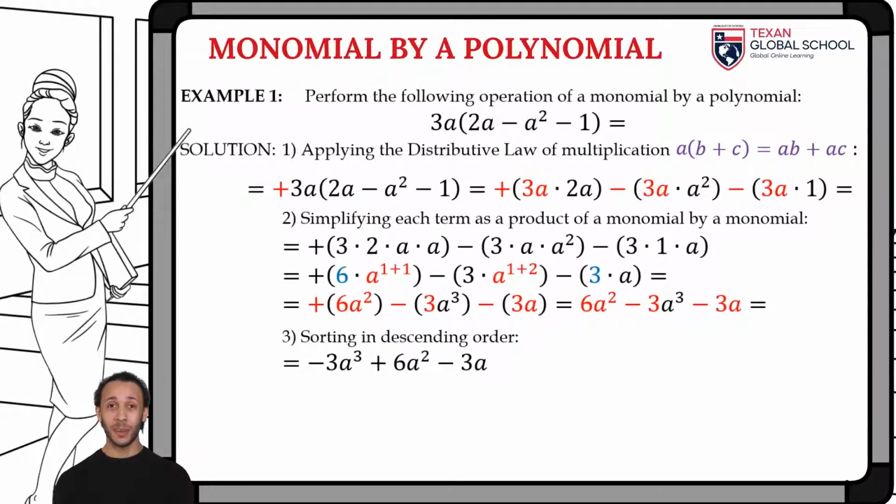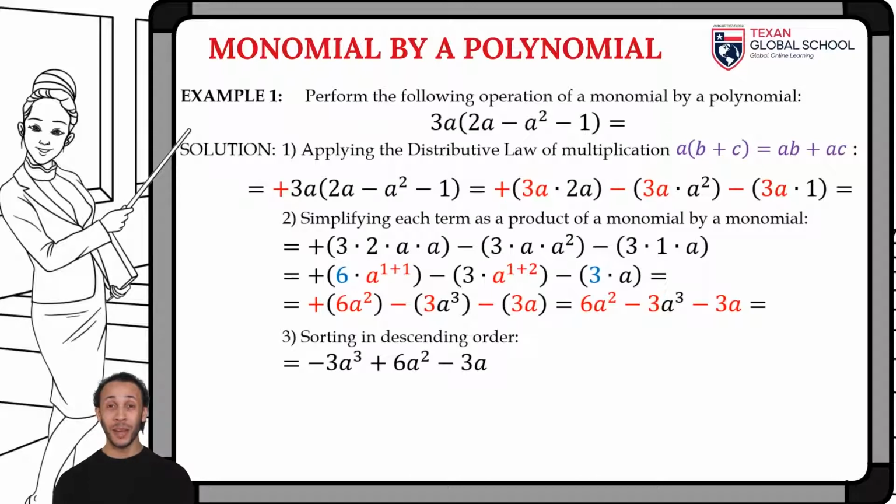We perform the operation of a monomial by a polynomial. As we can see, we apply the distributive law to perform the operation. We will multiply 3a by each term of the polynomial. Remember that 3a is positive, so when performing the product of this monomial for each term of the polynomial, the signs do not change. Applying the distributive law, we have in each term a